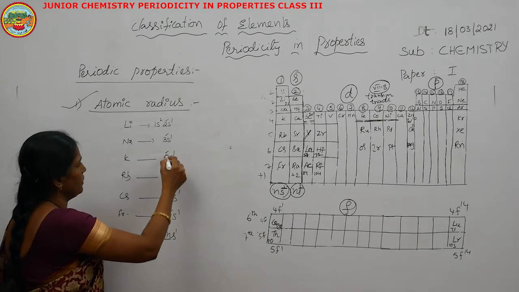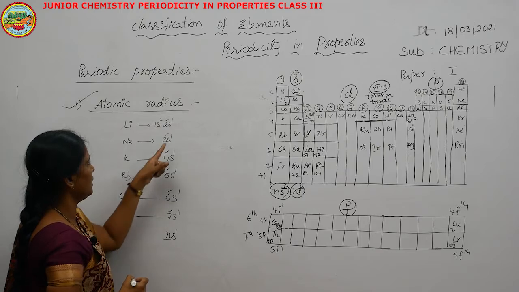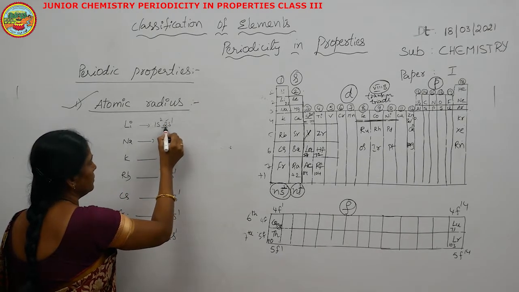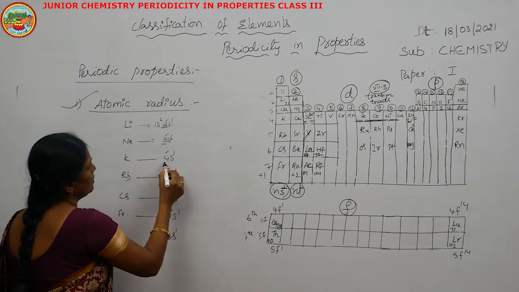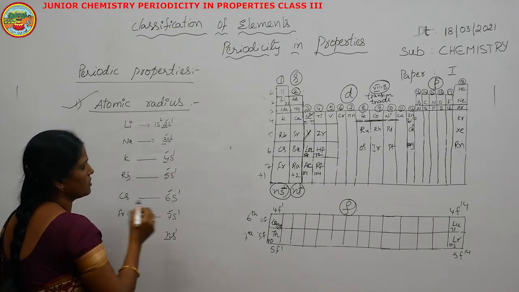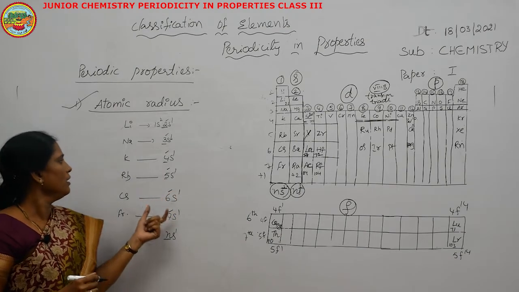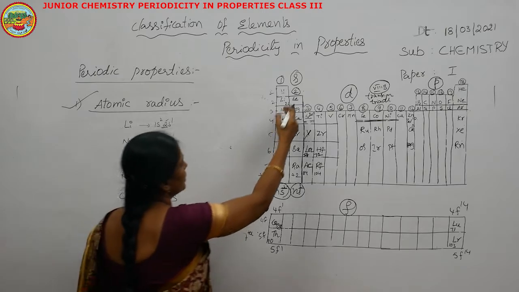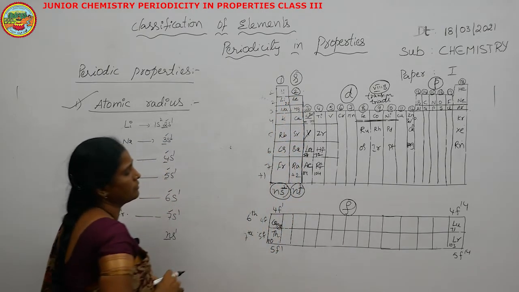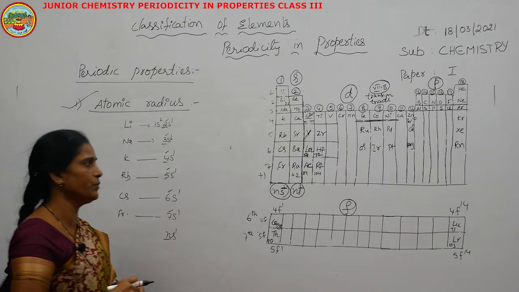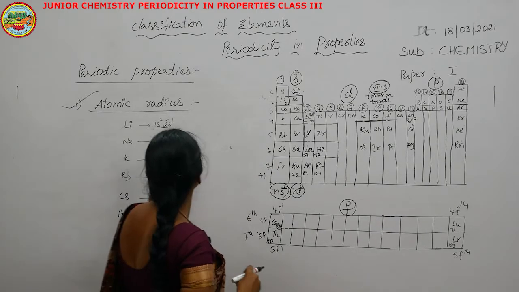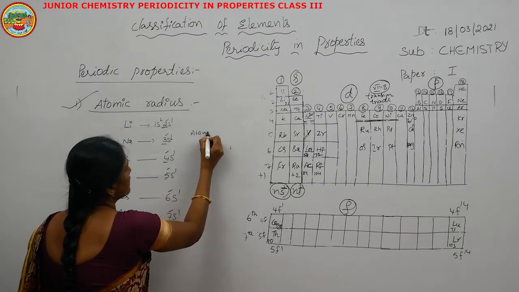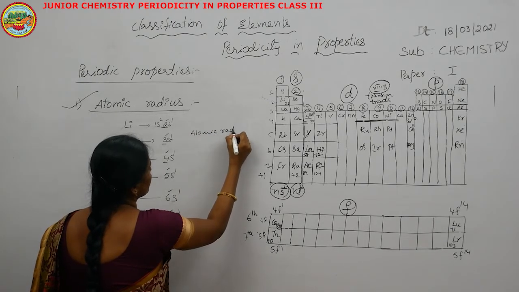As the n value increases, the atomic radius also increases. So since the n value is increasing, that means the electron enters into a new quantum level. Here the electron went into the second orbit, here the third, here the fourth, fifth, sixth, seventh. That means as the n value increases, the atomic size also increases. In any group, the valency electron enters into a new shell. So like that, the atomic radius increases